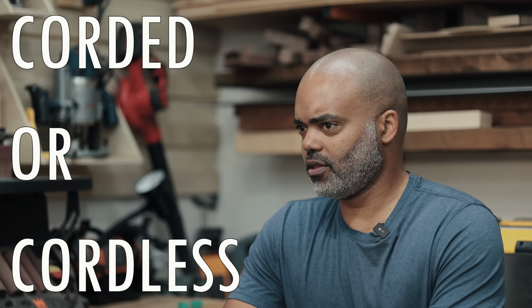Now, of the tools we just went over, there's actually a secret to getting the most out of them that we'll cover a bit later. But about those same tools, you might be wondering, should I get corded or cordless? Corded tools have a ton of advantages. One is that they tout constant power as long as they're plugged in. Another advantage is that